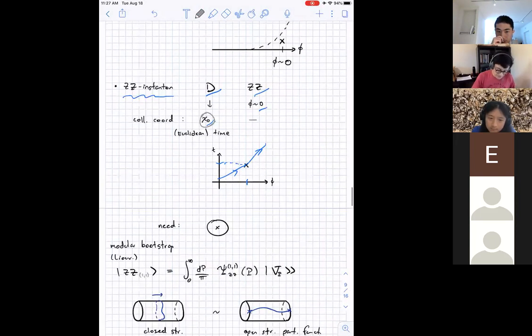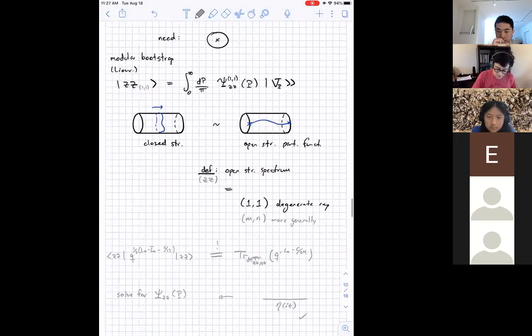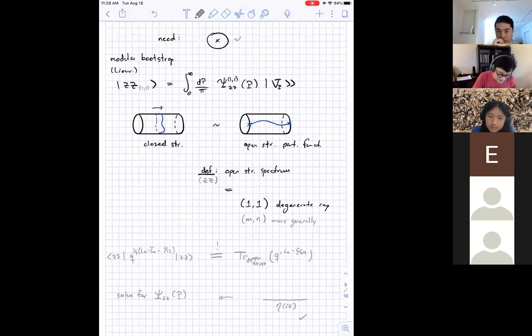Okay, so as we saw from the diagrams that we drew at the beginning, the main ingredient that we need is a 1-point function. And for this, it's a bit convenient for us to use the modular bootstrap approach, which I'll remind you here with these two pictures, or more specifically, the modular covariance of the cylinder diagram depicted here, in which from the closed string perspective, we're computing a transition amplitude between these two boundary states, the CC boundary states,